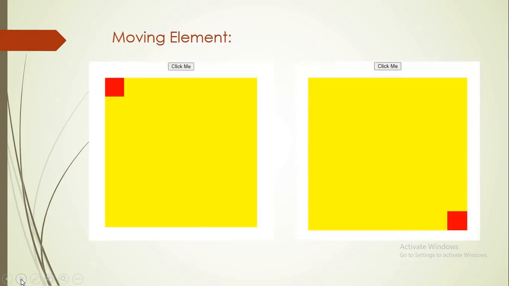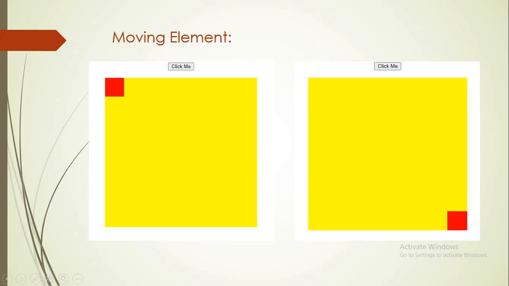In the above two diagrams, you can see that the yellow object or the yellow field contains a red field. That is, a red field is a child field of this yellow area. And whenever a button is clicked, this red object, or whatever we can call a child, should move to this position. That is, whenever a button is clicked, some event should be triggered, and according to that event, some function should be called in turn. And whatever the statements written in that function should make this child move to this position.